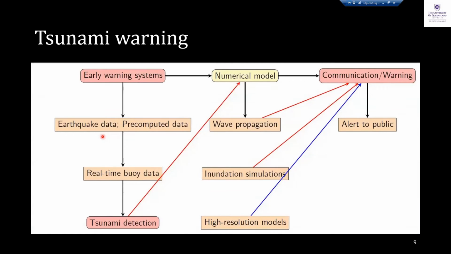And this is a flow chart of how the tsunami early warning works. The early warning centers usually have pre-computed tsunami wave heights for different scenarios of earthquakes, landslides, and other things. And if there is an earthquake, we look up from the lookup table and see if there's a possible tsunami with this earthquake. And if there is indeed a possibility of tsunami, then we look for the real-time data from the DART buoys